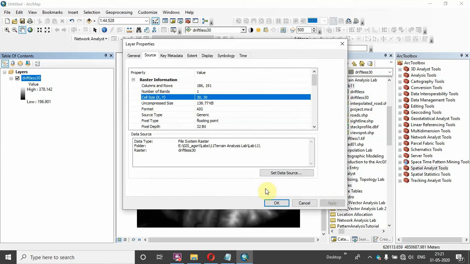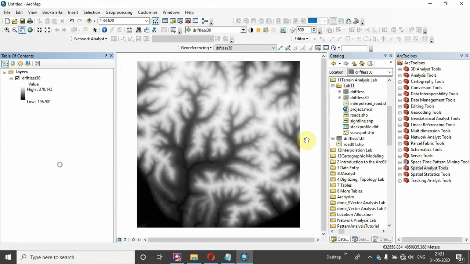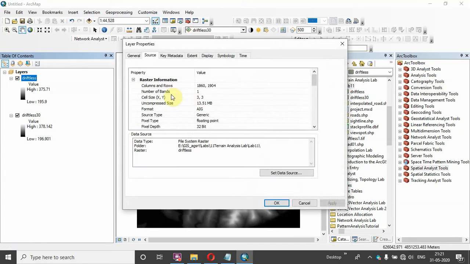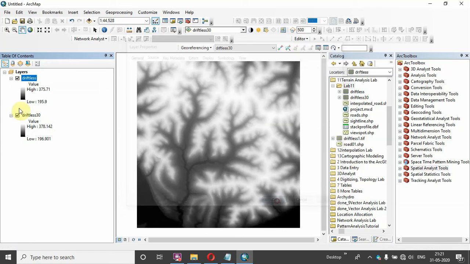So this has a very low resolution, and the recent 2012 DEM has a cell size of 3. So it has high resolution compared to Driftless 30.